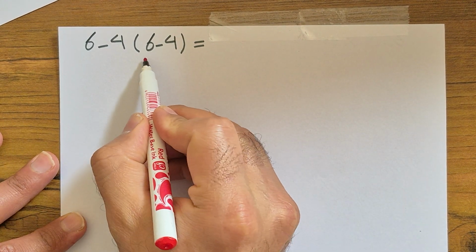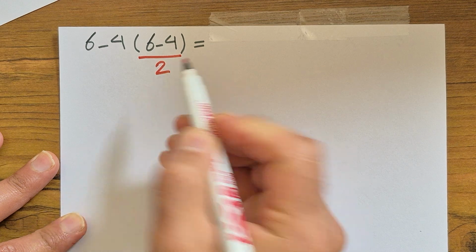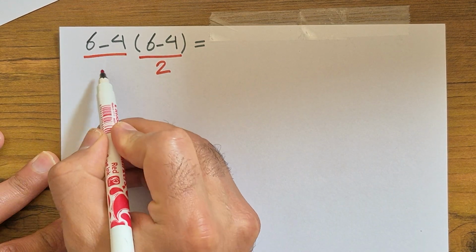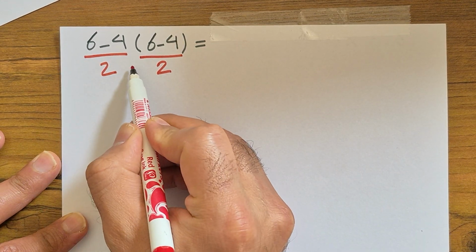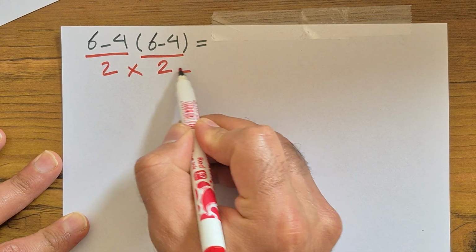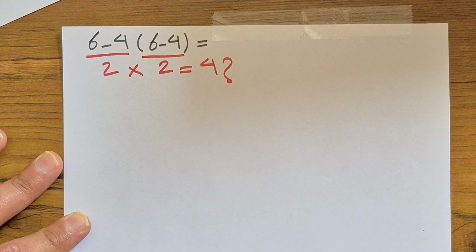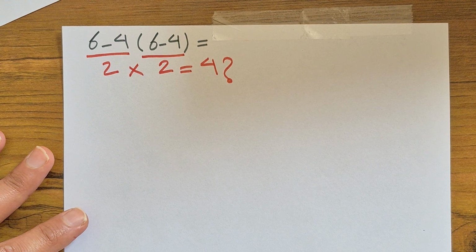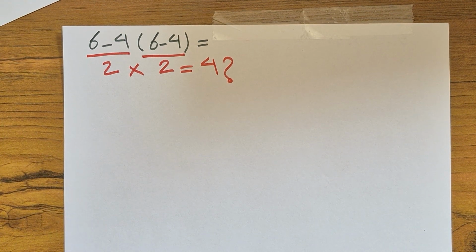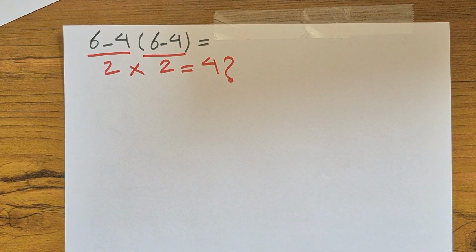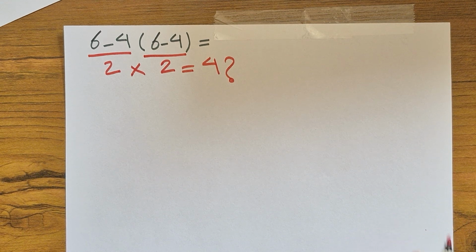6 minus 4 gives us 2, right? And then 6 minus 4 also gives us 2. And then 2 times 2 gives us 4. Do you think that's the right answer? Unfortunately not. So pause the video and think about this, because you fell for a big trap, and this trap is